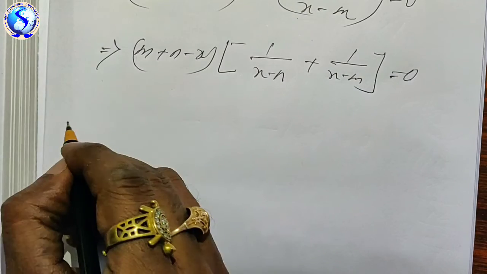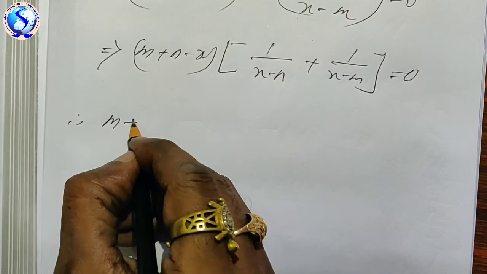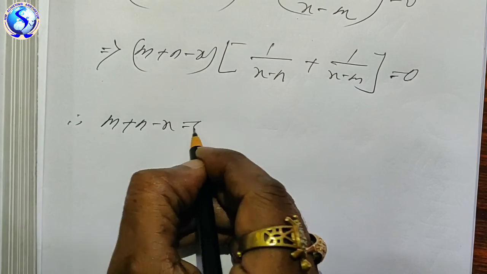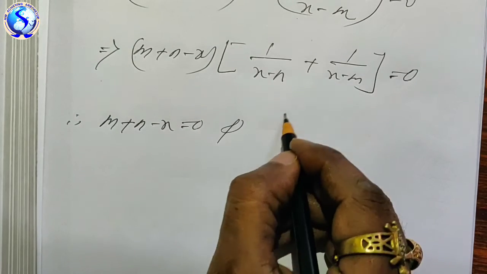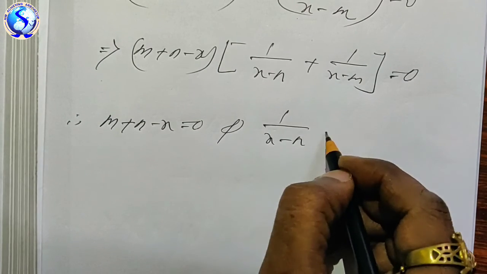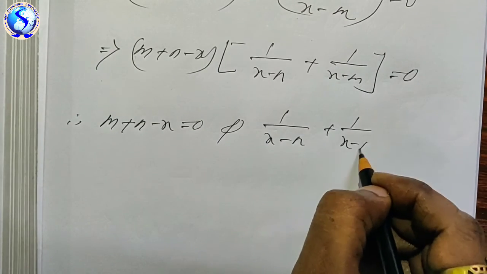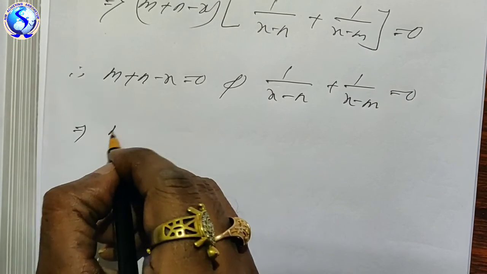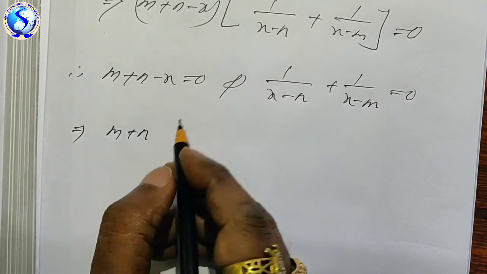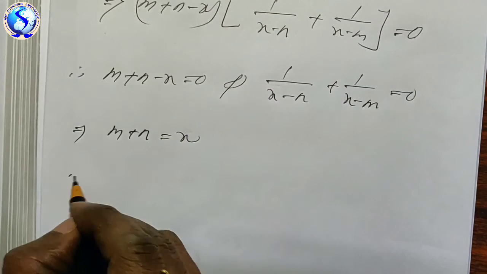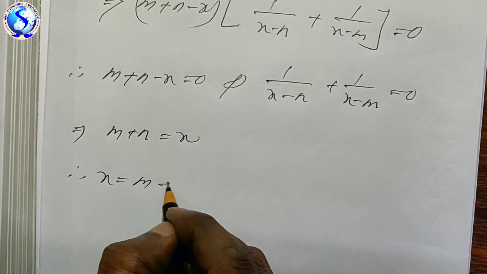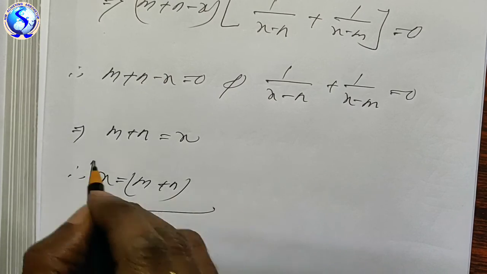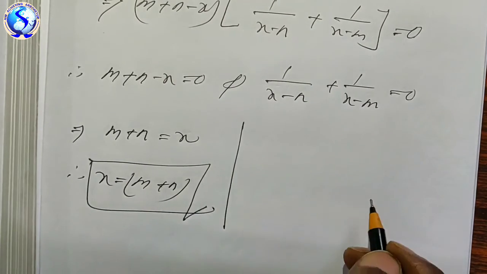See here. Therefore, the first bracket, that is m plus n minus x equal to 0, and the second bracket, that is 1 by x minus n plus 1 by x minus m equal to 0. And here what will you get? Taking m plus n minus x to that side, this will be equal to x. Therefore x is equal to how much? That is m plus n. This is the first part answer. And here you will get, see,